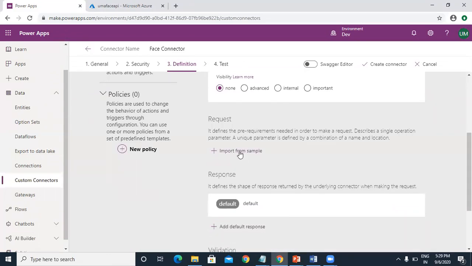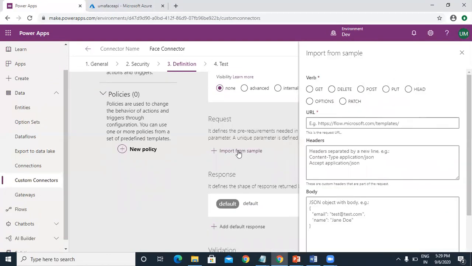So here we need to select in the below request. So here you need to import that request type. The request type is a get or delete or a post or put or head options or a patch, whatever it is. In my case, I'm doing that post. So I need to pass exactly my API action URL, right?